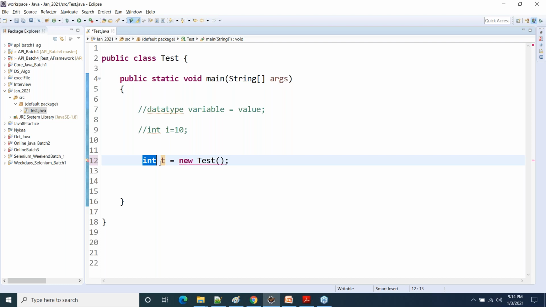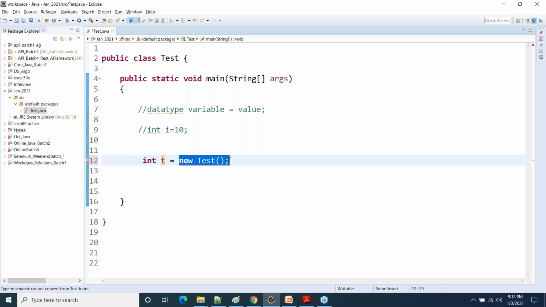Because the object also has a type. Now here on the right hand side, you are creating an object for which class? For the Test class. So when the object for the Test class is created, what will be the type of the object?